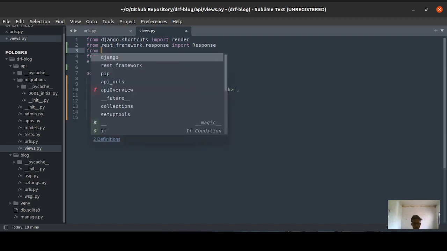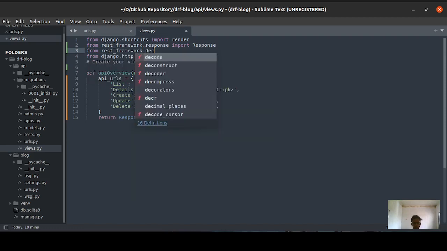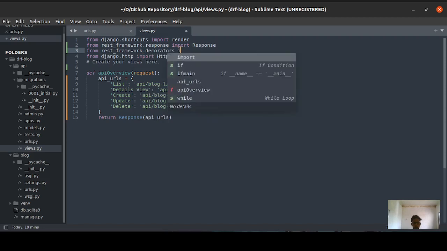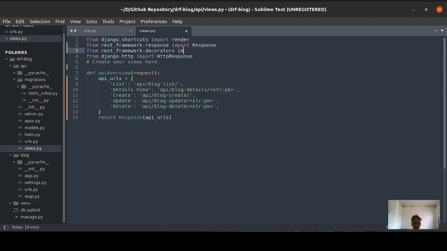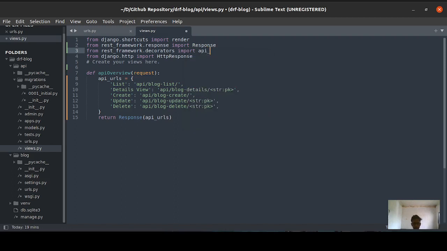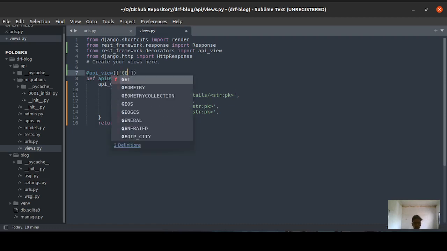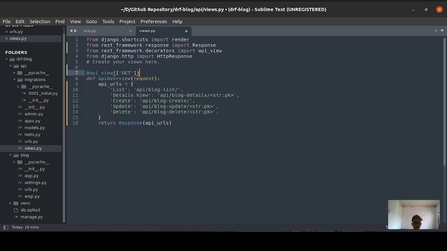So let's import one more thing, from rest_framework.decorators import api_view, and you need to specify it here. So you will say api_view, and it is going to have a GET request.